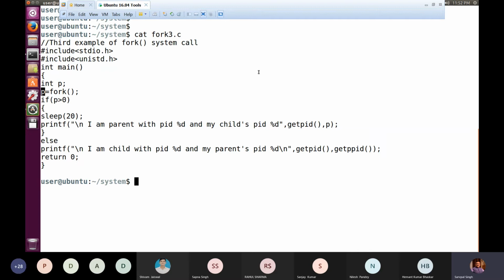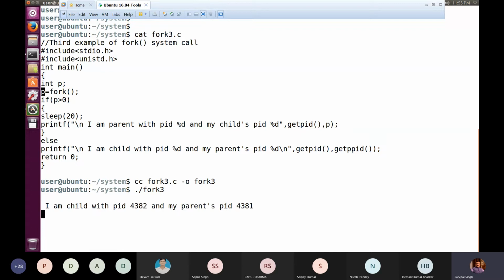So my current program is fork3.c. I'm compiling this program fork3.c, and the target file which I am giving is fork3. Now I'm executing fork3. This statement we are getting as part of the child process. Why?